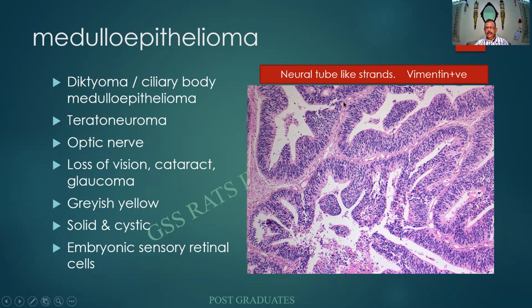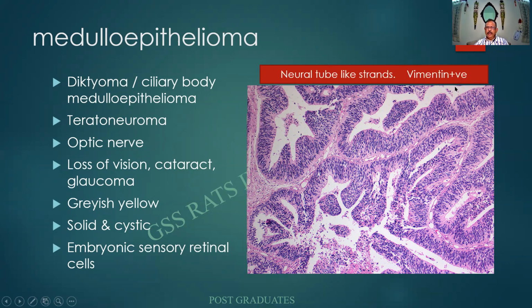Look at this one. If I were to see it in ovary or the testis, I will think of a primitive neuroepithelium and give a diagnosis of an immature teratoma. And that is how it exactly looks. I'm not able to identify the exact structure, but then they have got a vague resemblance to the primitive neural tube or the epithelium, which is Vimentin positive.